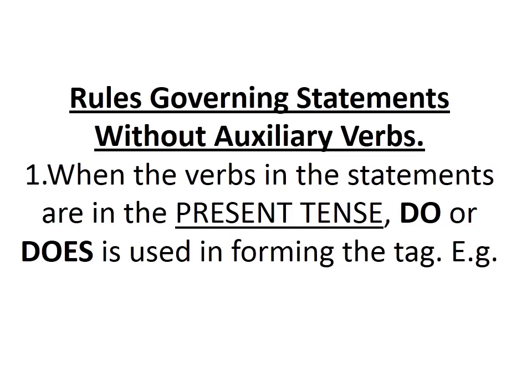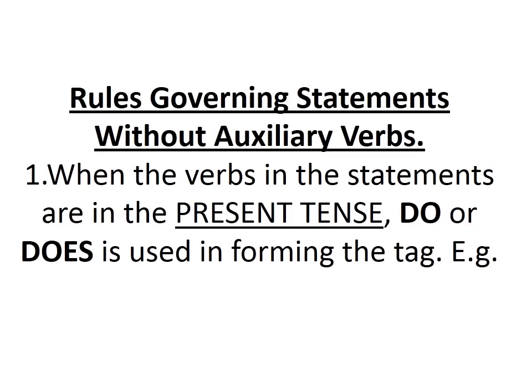When the verbs in the statement are in the present tense, do or does is used in forming the tag. Now, let's find the negative tag, or the contracted form of do and then not. Do, if you add not to it, becomes don't. Does also, when you add not to it, becomes